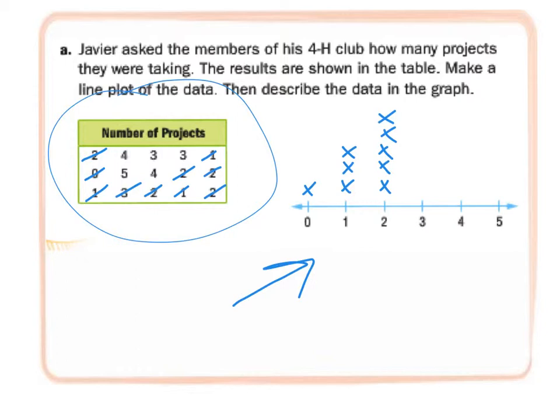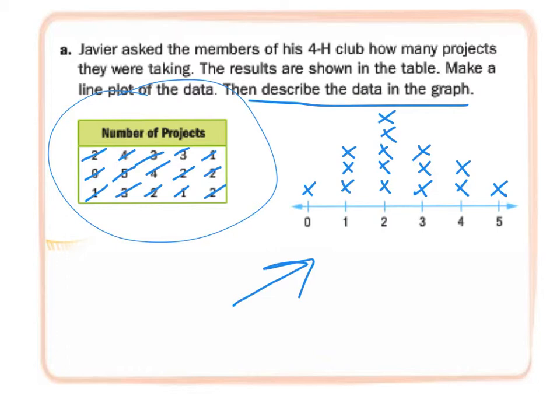Then 3's. 1, 2, 3. 1, 2, 3 3's. 2 4's. And then 1 5. It says to describe the data in the graph, so I can see that if I was to describe it,